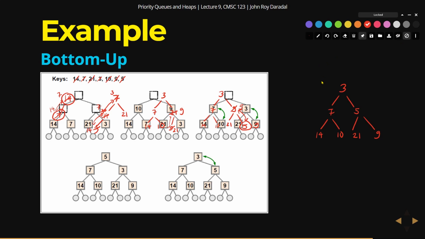And then let's just compare it with the one that we made through bottom up. Well, it's actually the same, right? So whether you use bottom up or top down approach, it doesn't really matter. It just boils down to preference and also the